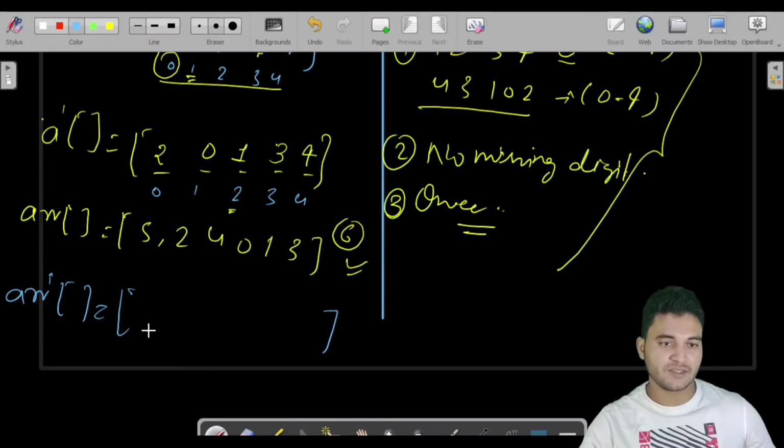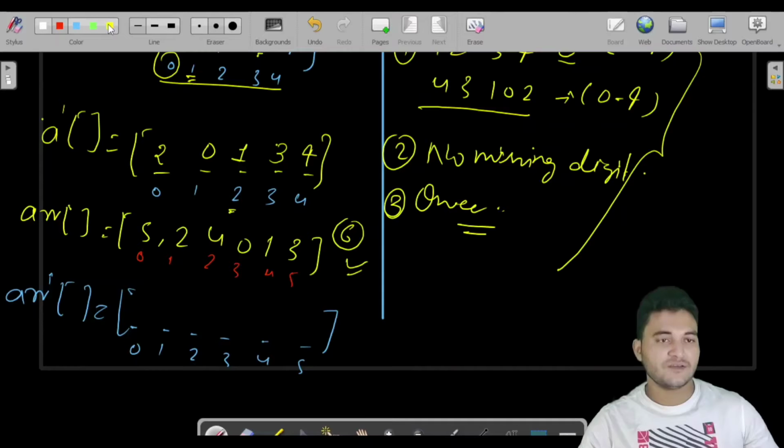So firstly we would have to make a blank inverse array of size 6. This is index 0, 1, 2, 3, 4, 5. So there are 6 indexes from 0 to 5 inside a length 6 array. So here the indexes are 0, 1, 2, 3, 4, 5. Here you can see we have 5 at index 0. So inside the inverse we would have 0 at the 5th index. This is the 5th index, we would be storing 0.